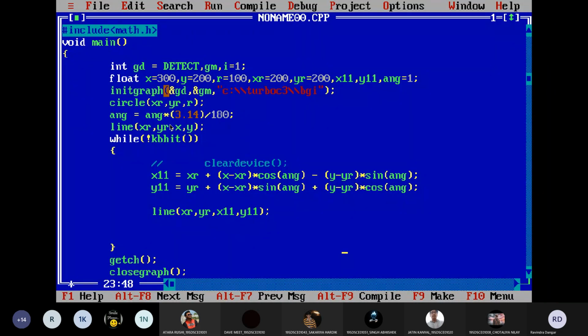So earlier the x y values were 300 200. I used them in this equation, applied the angle, and got some new value, which came in x11 y11. Now I have to use this value in this equation, so what can I do? Sir, the value of x11 y11 has to be increased. See, can I assign the updated value to x and y again? I am going inside the loop, so can I do like this? X is equal to x11 and y is equal to y11. What do you think?